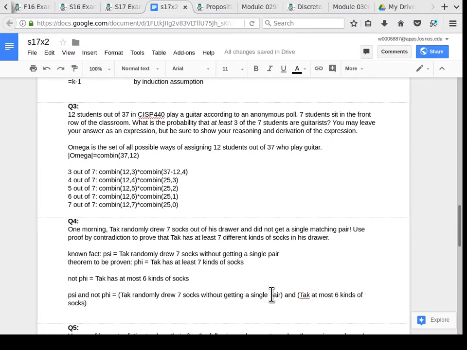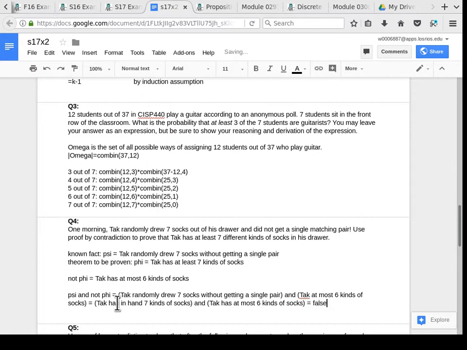But this part here implies that I have 7 kinds of socks. Okay, so Tag has in hand 7 kinds of socks, and Tag has at most 6 kinds of socks, and